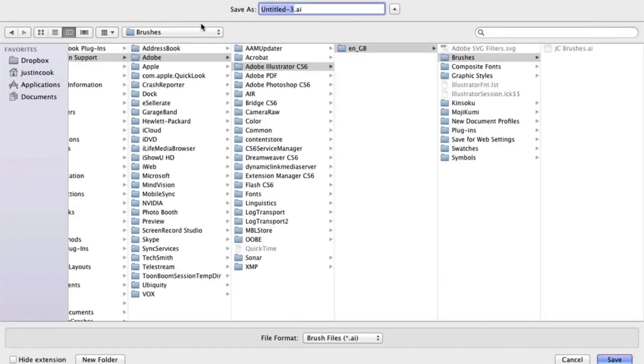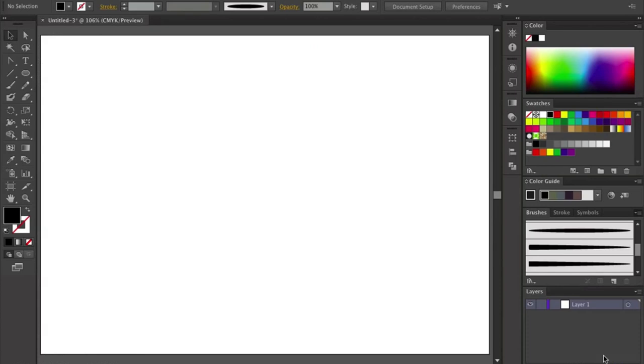and your save menu will come up and it'll go to the automatic area for saving your brushes. We can change this to whatever we want, so save as, you can call it your own name, so for example you could call them Bob's brushes or cartoon brushes, something like that. So I think what I'll do is call these, let's call them just inking brushes. Let's put a space there. Okay, and save. So they're saved permanently now, so if I delete this document,